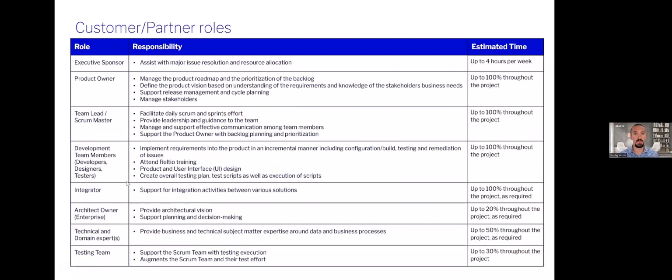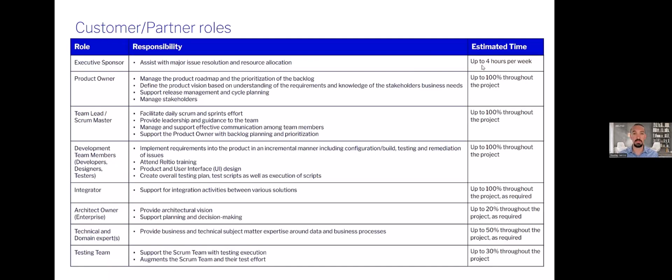Lastly, here's a great list of general roles we're looking for from the customer partner side that we want to make sure to check through. There may be some overlap, and that's okay, but we want to make sure these tasks are being accounted for. And then on the right side, this will give you a good feel for how much of their time we need. If it's 100% over here on the right, that may not be the whole way through the whole project, and we outline that for you here, up to 100% through for those team members, those developers, those designers, those testers. They're going to be pretty heavy, and we want to make sure they understand that that's the case.